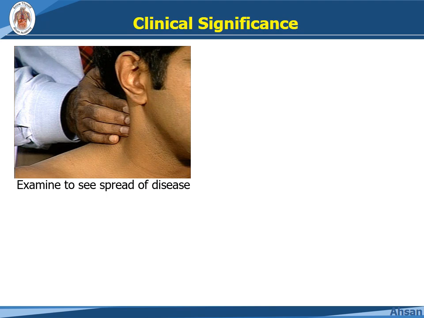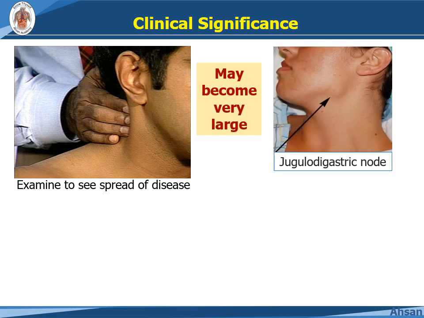The lymph nodes are clinically significant because they filter the lymph, so whether infection or cancer cells accumulate in the lymph nodes, they swell up. So remembering the anatomical position, we can find out the size of the lymph node. If it is enlarged, we can easily palpate it with our finger, or sometimes it becomes so large that it can be visible. The superficial lymph nodes are visible through the skin.